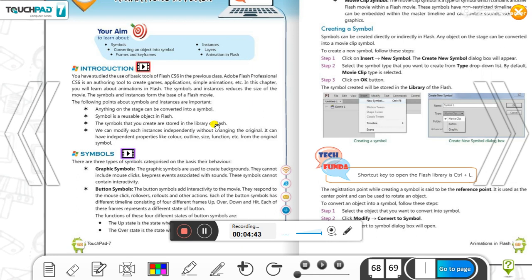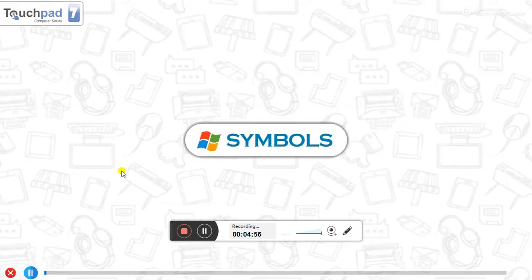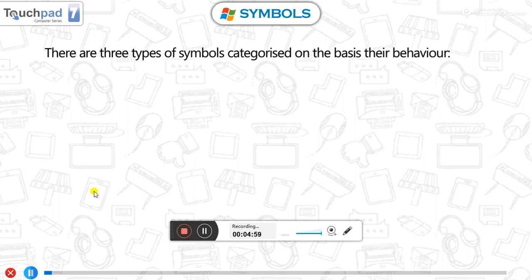Now class, listen. Next, about symbols. There are three types of symbols, categorized on the basis of their behavior.